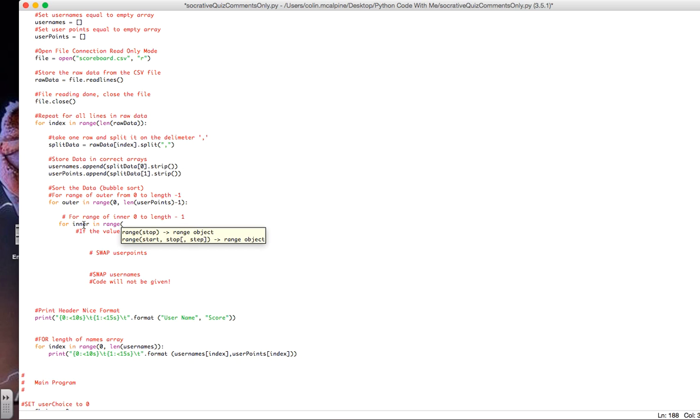So for inner in range 0 to the length of user points. I'm using user points because that's what dictates whether someone's moved or not. So it's this inner loop that's going to do the comparison. We're only going to swap if the user points at the current index position